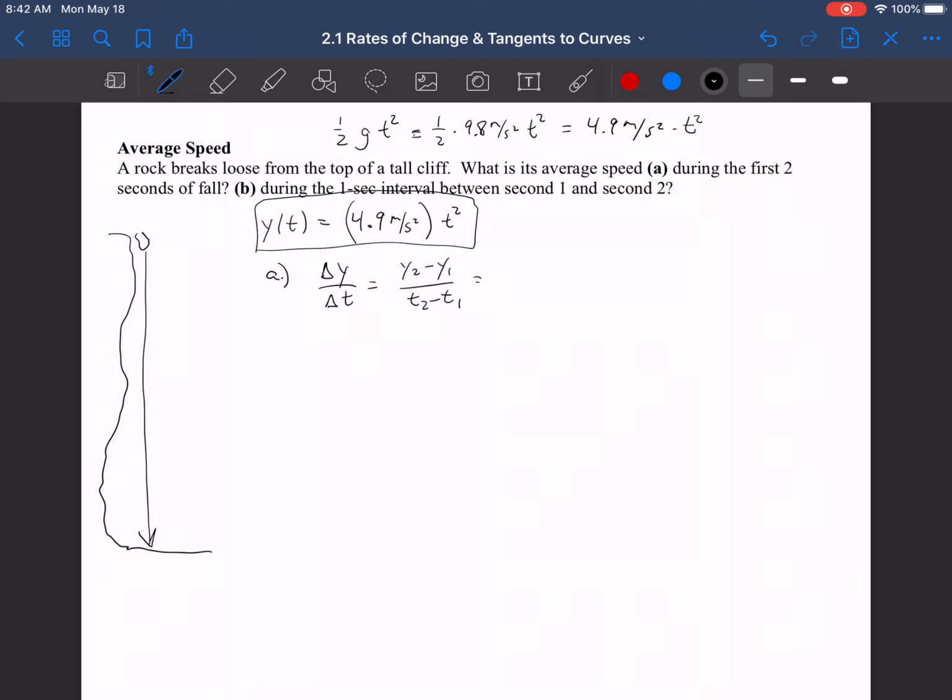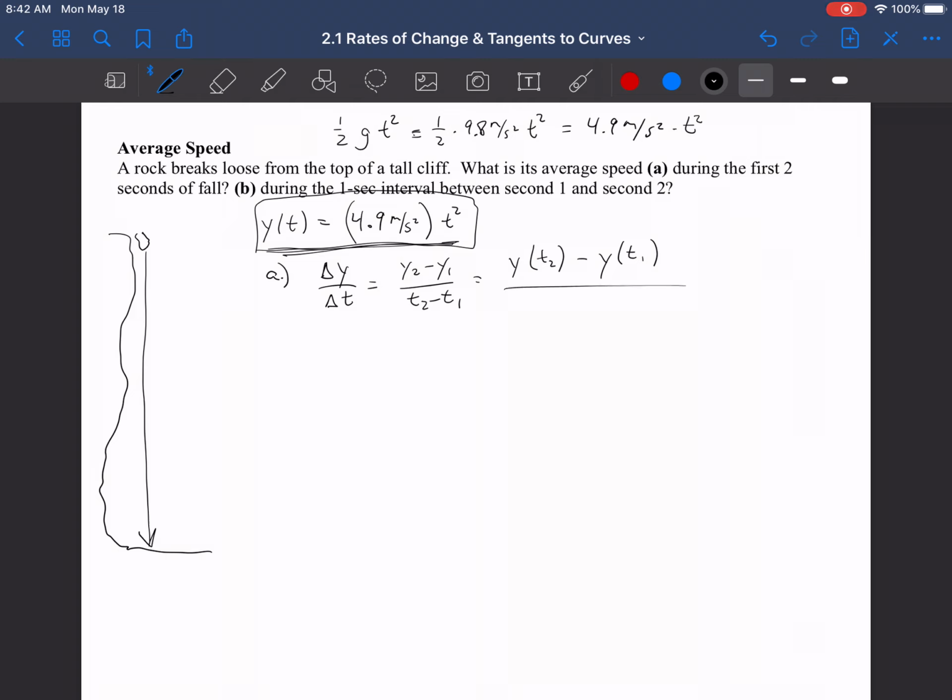So we need y of t2, the position at time 2, minus the position at time 1, so that's like an f of x. It's this equation up here with t2 plugged in, and this equation here again with t1 plugged in,